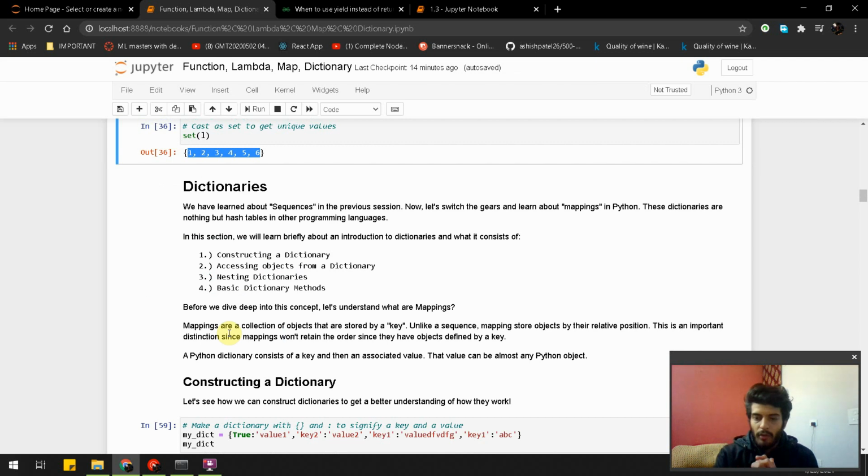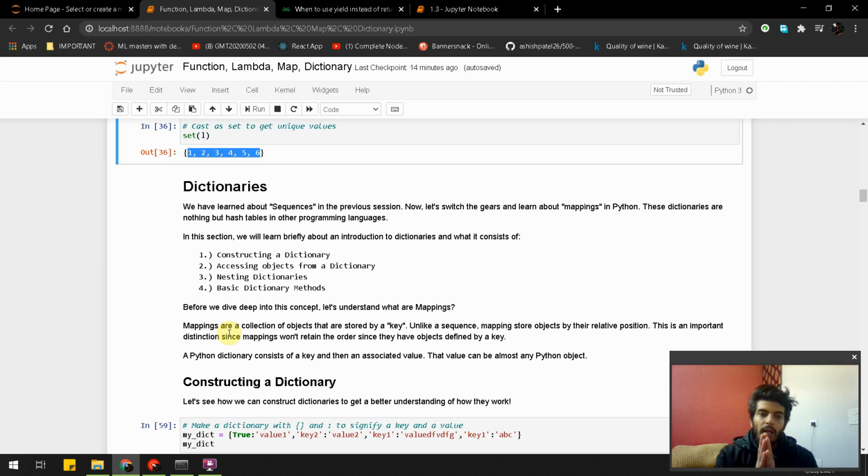So now we have come to a different topic, which is dictionaries. We have learned about sequences in the previous session. Sequences are like 1, 2, 3, and we mainly use them in our loops. Now let's switch gears and learn about mappings in Python.